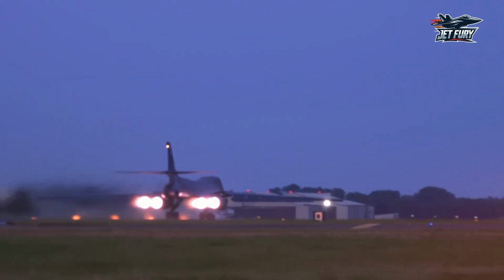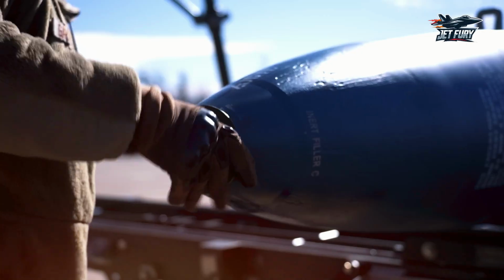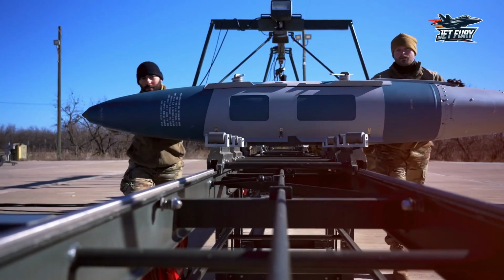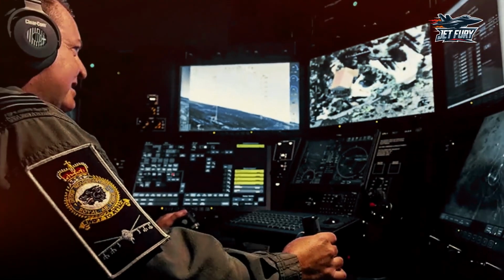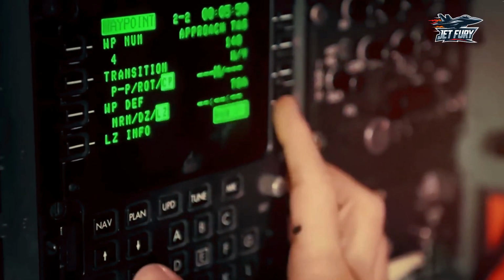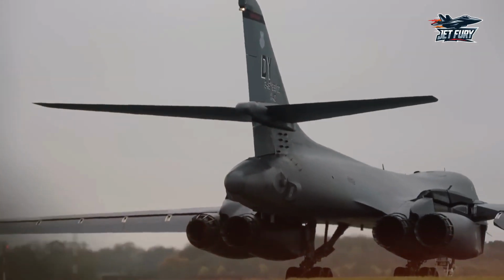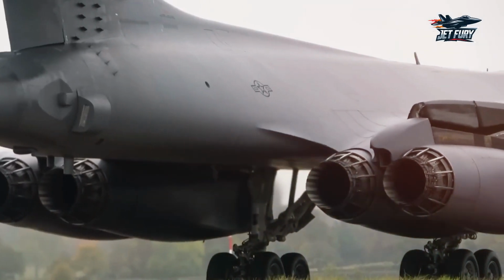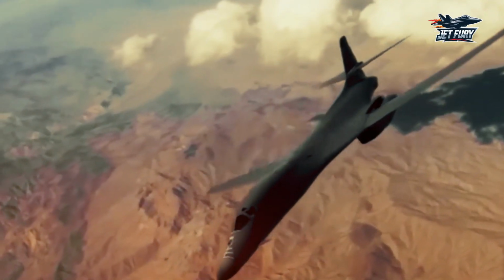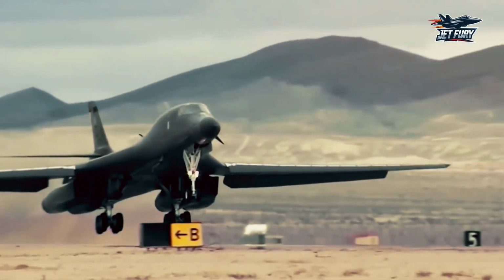at least 2040. One of the biggest reasons the B-1 remains a key part of the U.S. Air Force is its ability to be upgraded with the latest technology. Over the past few years, the U.S. military has invested billions of dollars into modernizing the B-1, ensuring it stays relevant in modern warfare. These upgrades focus on improving its weapons capacity, flight performance, stealth features, and digital systems, making it even more effective